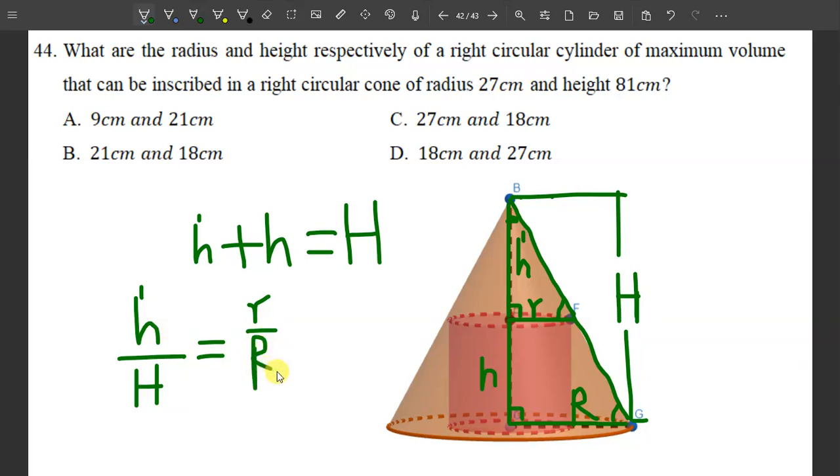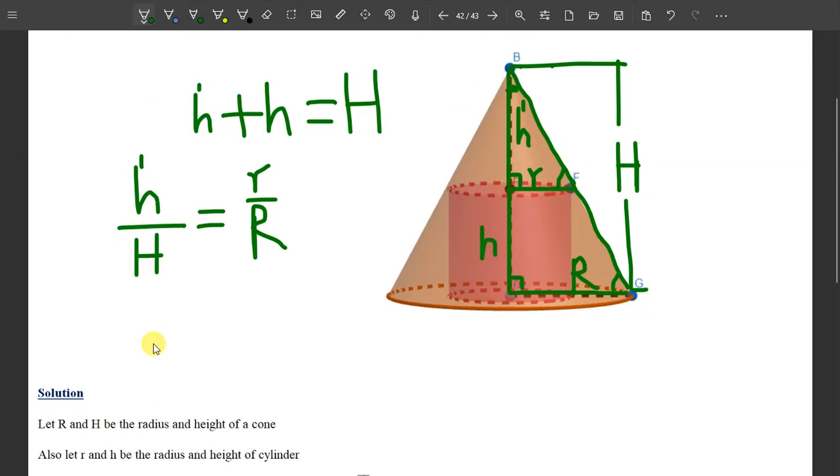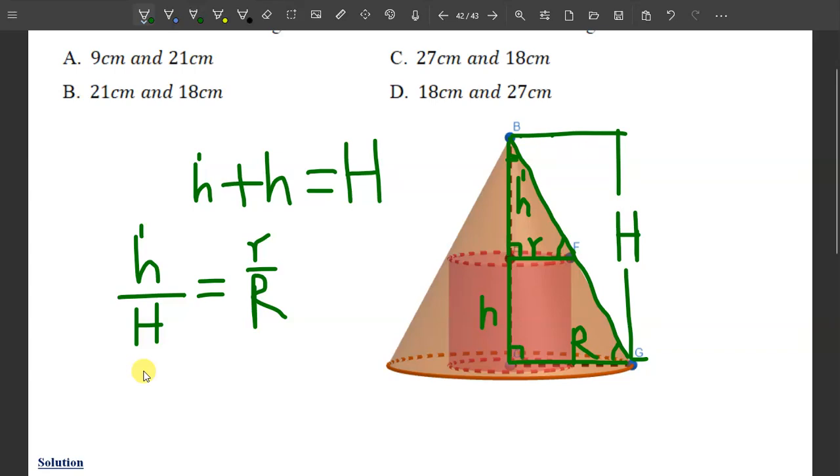We can write like this, and then solve for h prime. From this equality, simply solve for h prime, and the equation becomes: h prime is equal to